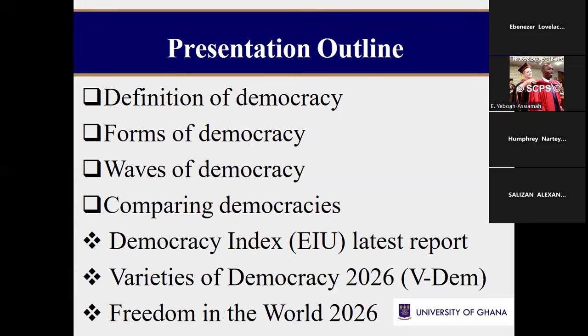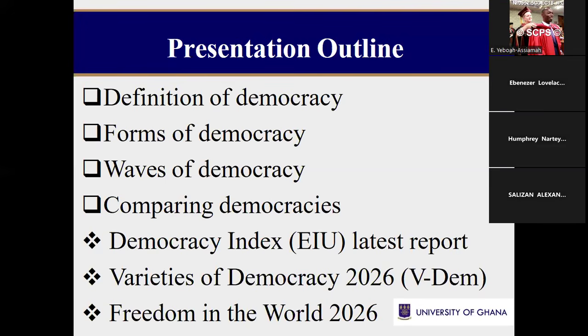So you should know what we mean by democracy. Today, we will look at two notions of democracy. We will look at the forms of democracy and then waves of democratization. Then we start with the comparison aspects, making use of these important data sets to ascertain the extent to which a country is a democracy. Even when you are given 4 different democracies or democratic countries,